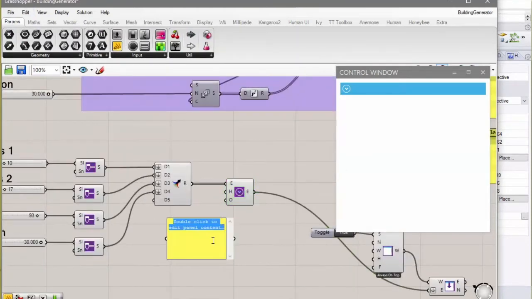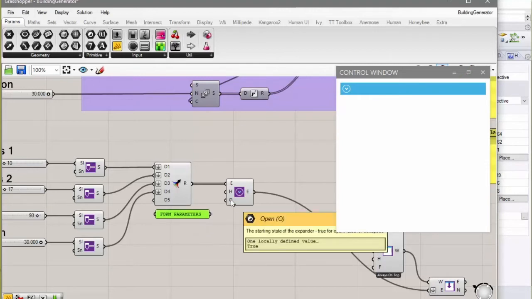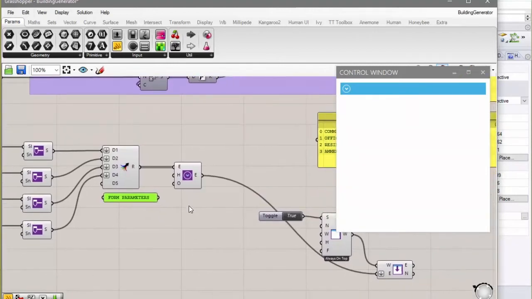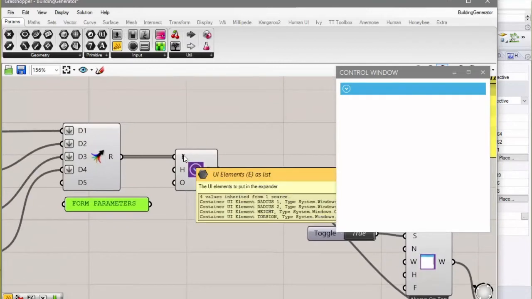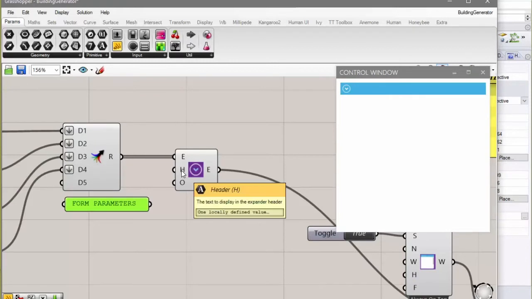is give it a label. I think in these components, none of these inputs are very explicit, so they usually just have some letter.